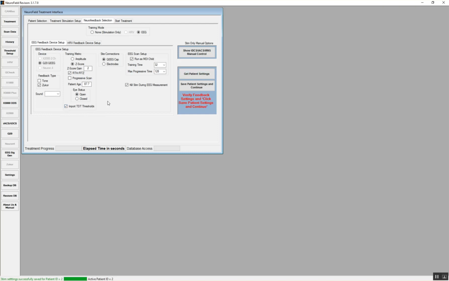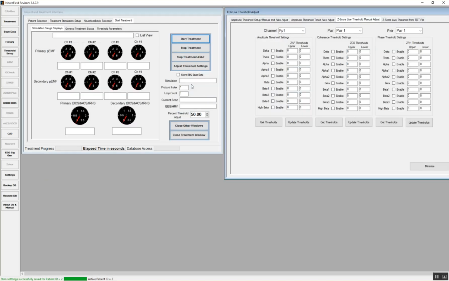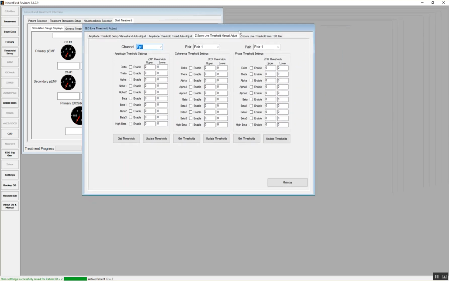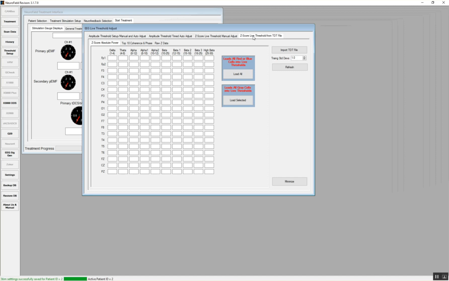And then make sure everything is set up the way you want it. Click on Save Patient Settings and continue. NeuroField will open up the live z-score adjust for you now. You'll notice that it's set up to this tab here, the manual adjust. Right next to it's another tab that says z-score live threshold from TDT file. You open this guy up, and on the right here you're going to see a button that says import TDT